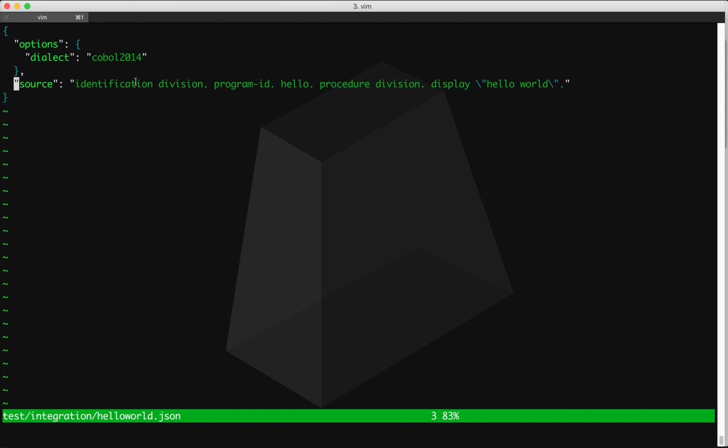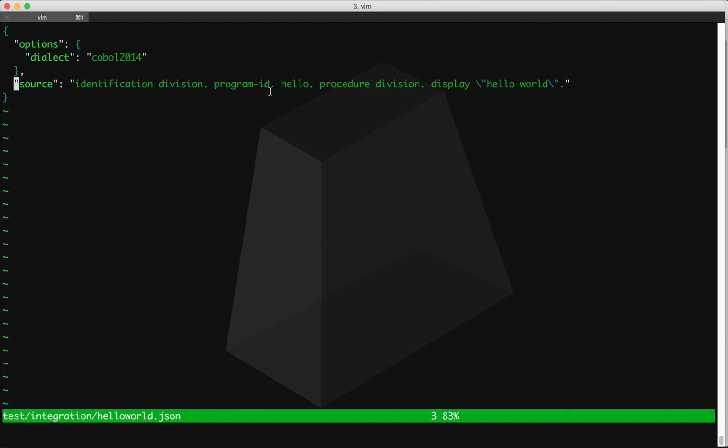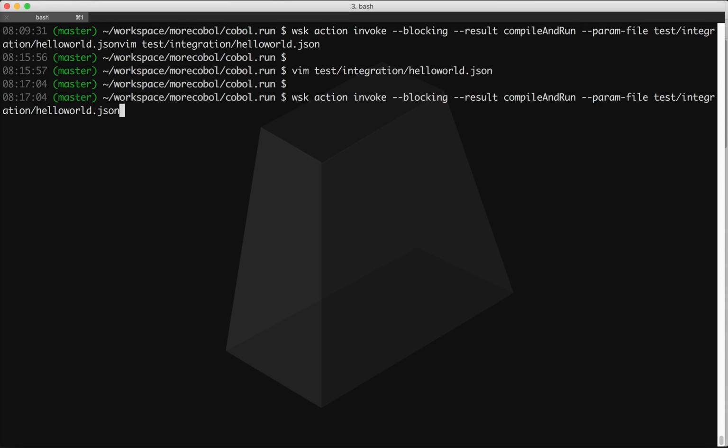So this is just a really simple COBOL program crammed into a small string here. Program ID hello, and we're essentially just printing out hello world. This is our simple hello world example. This object right here is going to be sent as the body of a post request to our OpenWhisk action. So if we just run this command we had up earlier,